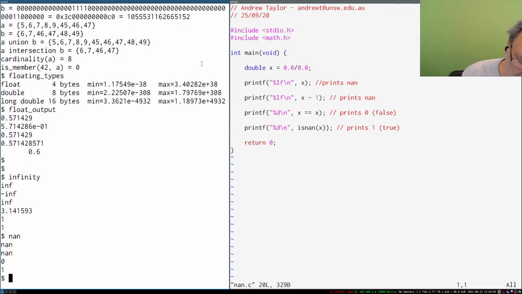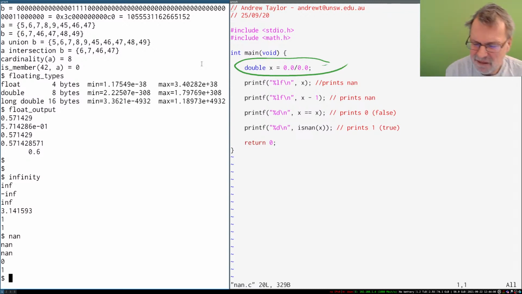There are some things we could do here. We could stop the program here, but that's probably not what we want. It is possible to configure your floating point, I think, to do that, but rather what we don't want is this value ever being used for anything. We've done something that's not mathematically sensible. We don't want this value used for anything else. So we have this concept of a result that is not a valid number, or NaN, not a number. So certain floating point operations produce this NaN value, and then